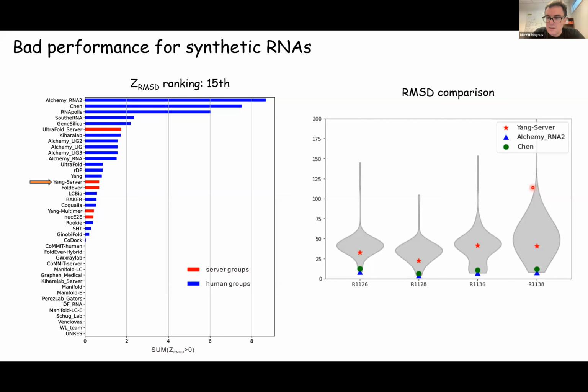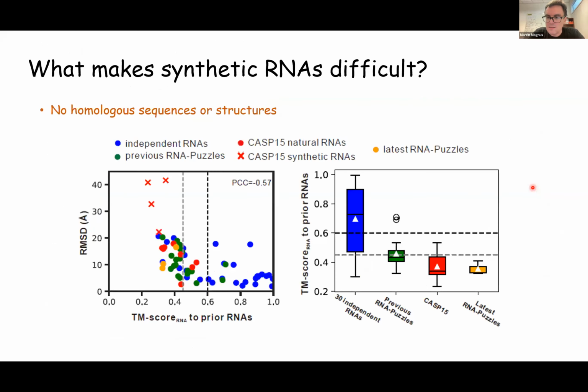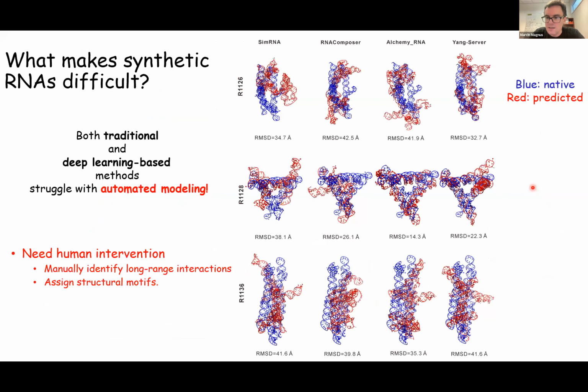For synthetic RNA, just to close the synthetic part, when you mention AI plus motif or fragment-based modeling, does that mean focusing on making structure predictions for smaller subsequences of RNA? So the question is whether, for synthetic RNAs, it would be beneficial to find modules and then assemble them. Yeah, I think that's right.